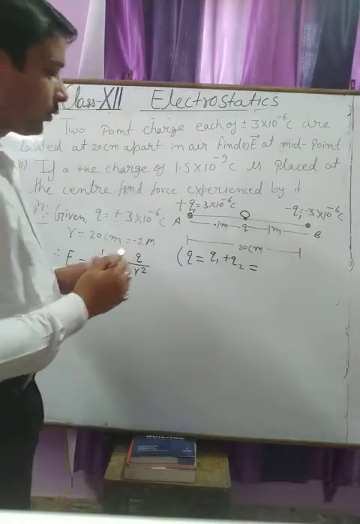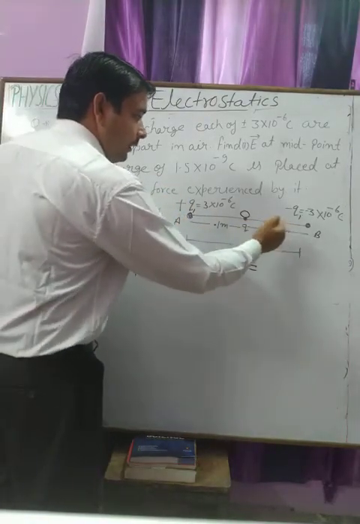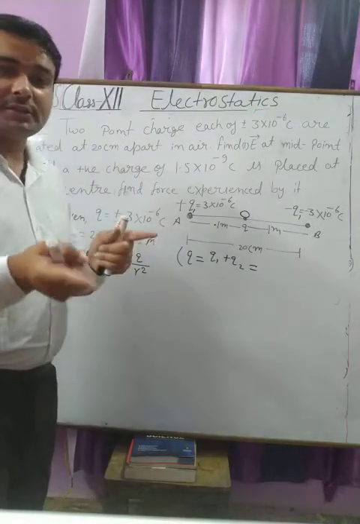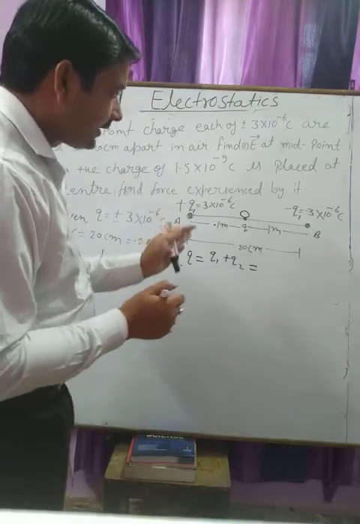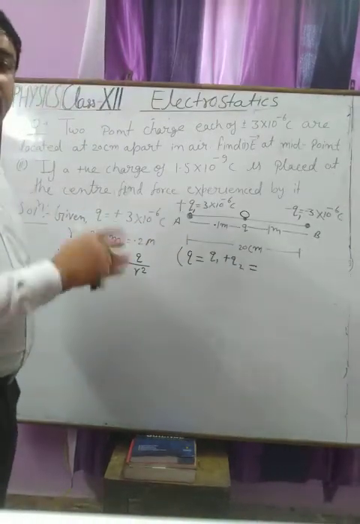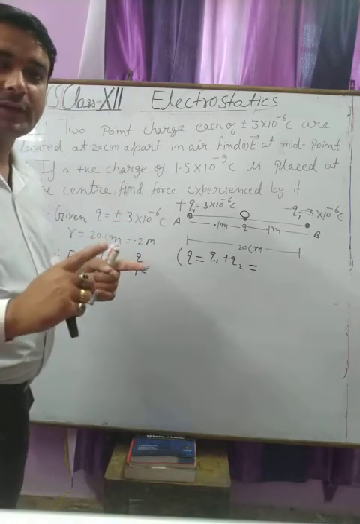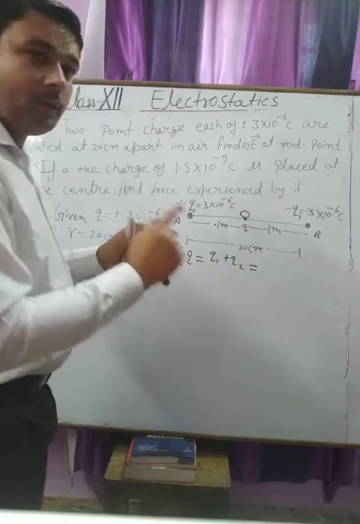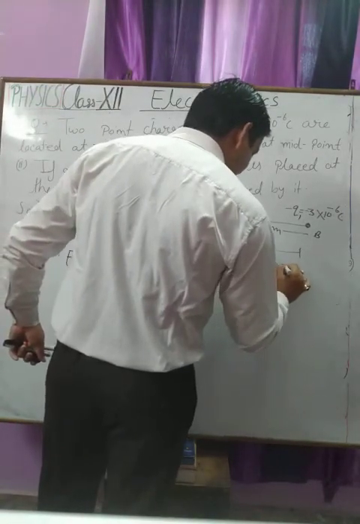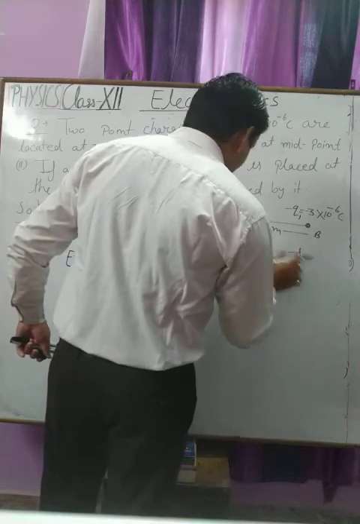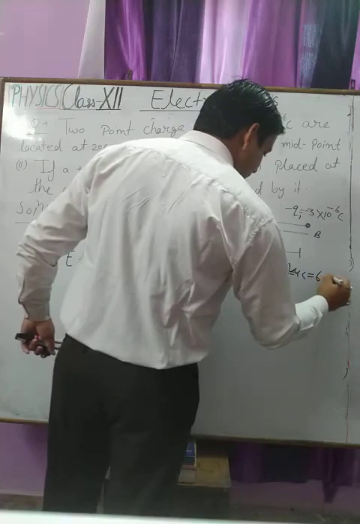For this kind of problem, the positive charge is applied here and the negative charge here, so they act in the same direction at O. When we resolve this, electric field at A plus electric field at B, and since the value at B is in negative form, it will be added, that is 3 plus 3,